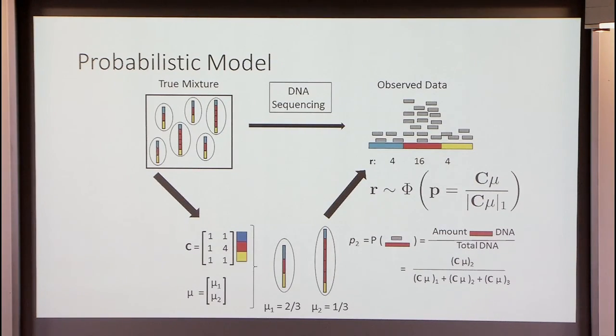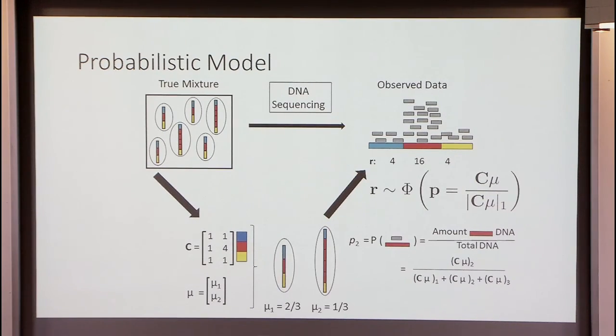So now here's where this problem comes in. What we measure is the read depth, and the read depth will be higher in this red region, but it is governed by these probabilities. If we had uniform coverage over the genome, for simplicity, the probability that a read would align to the red interval would be proportional to the amount of red in the genome relative to the rest, right? So we have these individual probabilities, and the read depth is governed by some distribution. Here we might use negative binomial, whatever, but governed by this vector valued parameter p, which is determined by c times mu, appropriately normalized, okay?